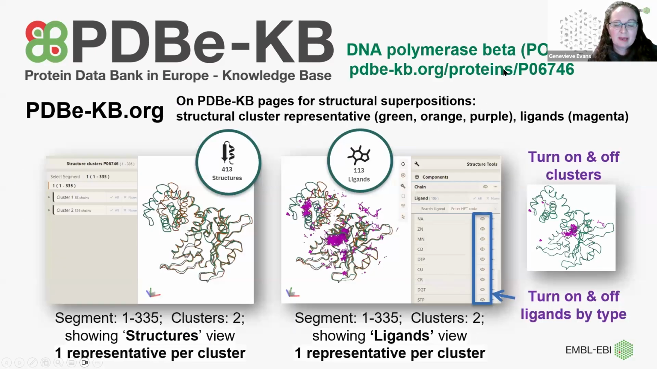And this is another example we have here that perhaps is a little bit more relevant thinking about fragment screening. With this particular example, there were 413 structures solved for this particular DNA polymerase beta. And by doing structural superposition analysis on this cluster of structures, we've been able to essentially find out that in this cohort of 413 structures, they all fall within two clusters of similar structural